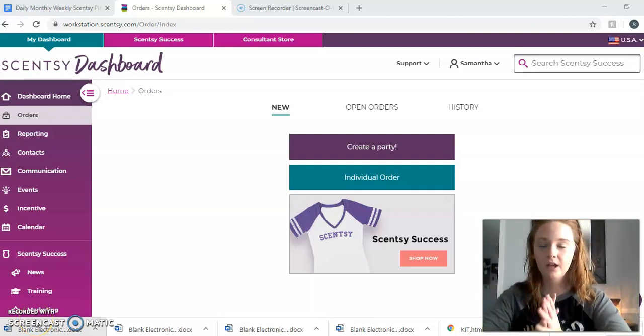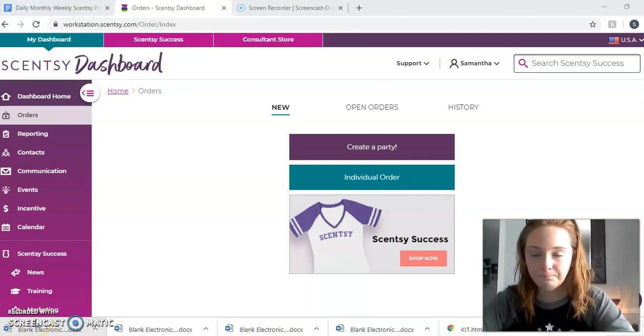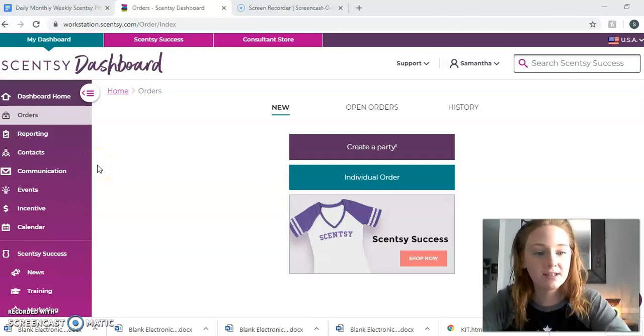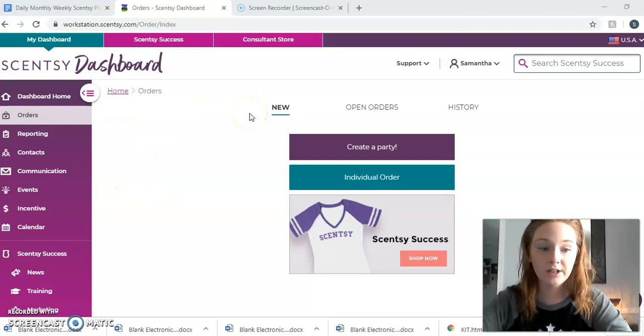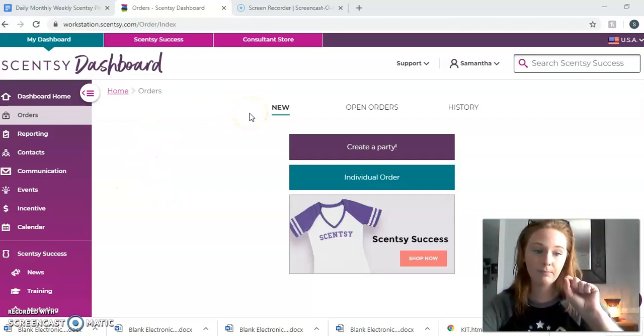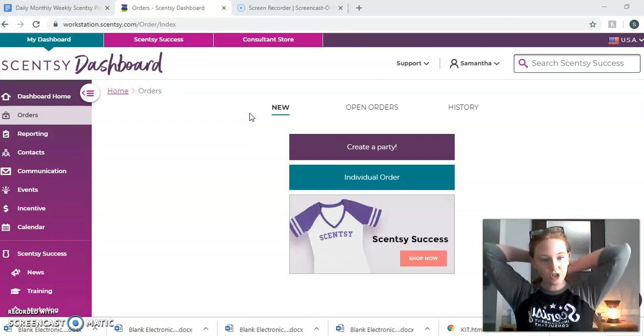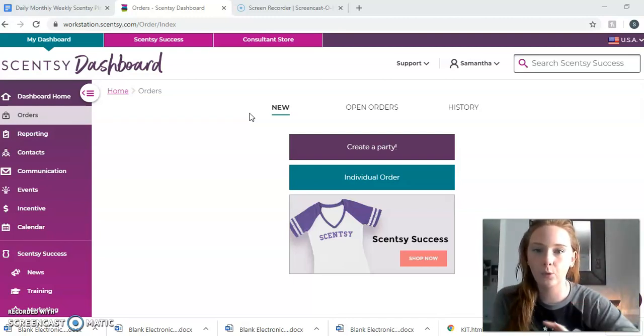Okay, so we just had our launch party, and you have all these orders that you need to enter. This is how you're going to do that, okay? And this is also how you're going to create a party link that you can copy and paste and maybe send to out-of-state people or people that aren't really local to you,